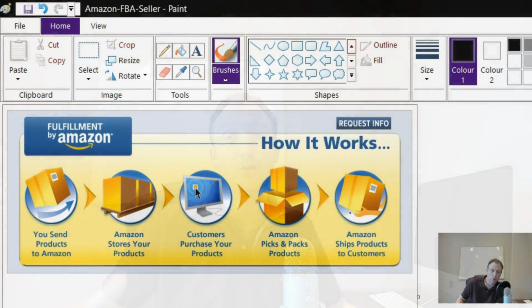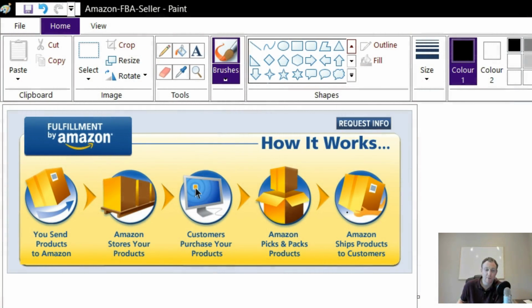So for those of you who are not aware exactly what Amazon FBA is, it's simply fulfillment by Amazon. And this is how it works. You send your product direct to Amazon. Amazon stores your product. A customer comes along and orders your product. When your product is ordered by the customer, Amazon packs your product into one of Amazon's boxes and delivers it